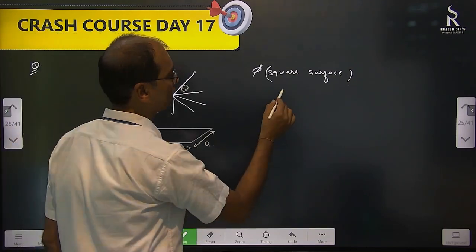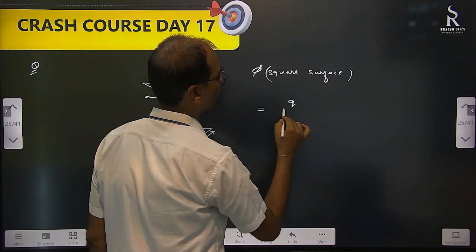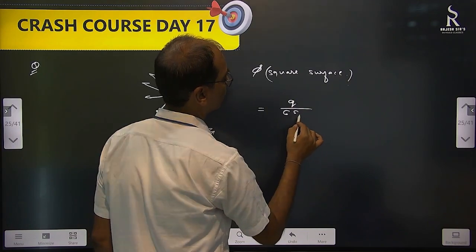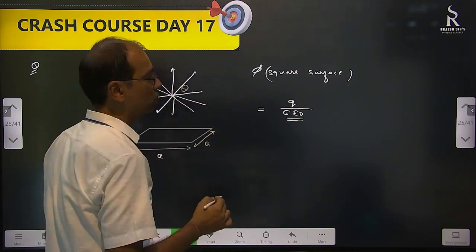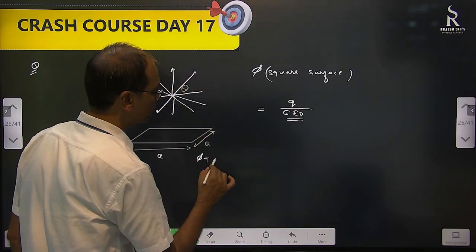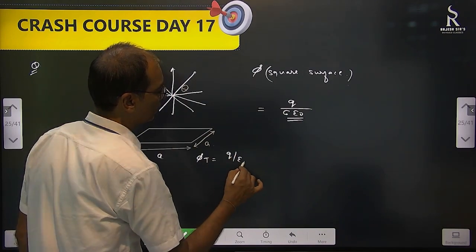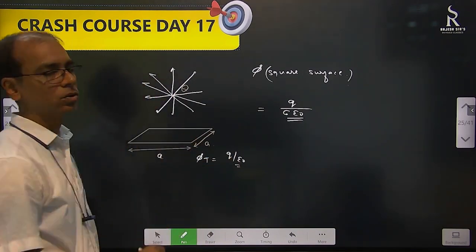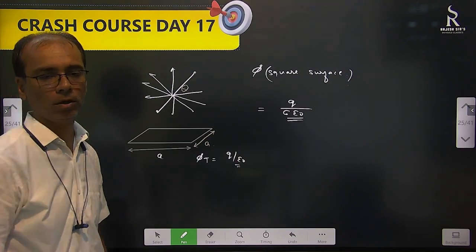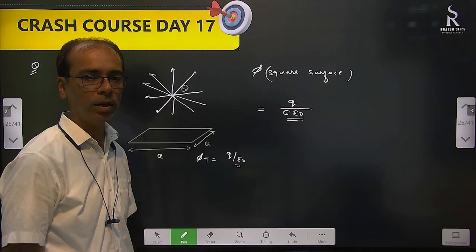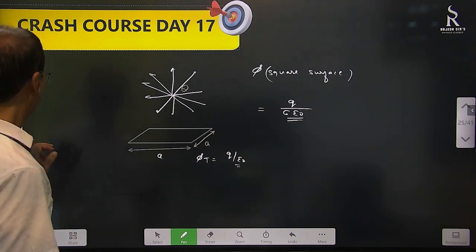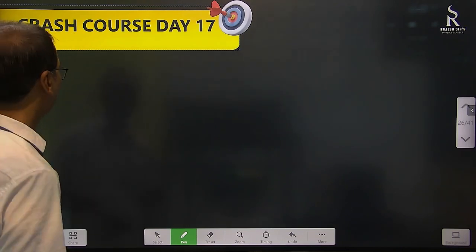So the flux through this square surface should be Q by 6 epsilon naught, because the total through the cube is Q by epsilon naught, and this is one of its surfaces. So through this one will be Q by 6 epsilon naught. Remember that. Same logic, if we apply it,